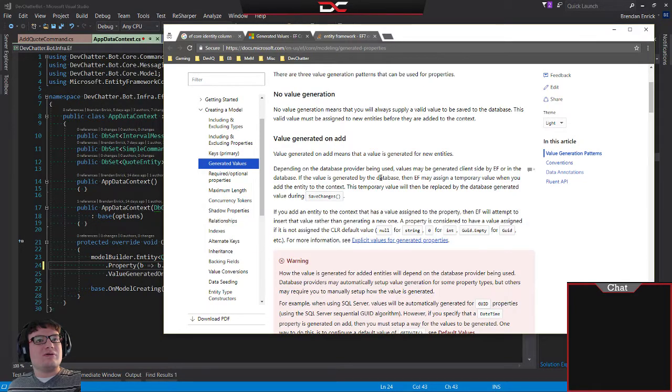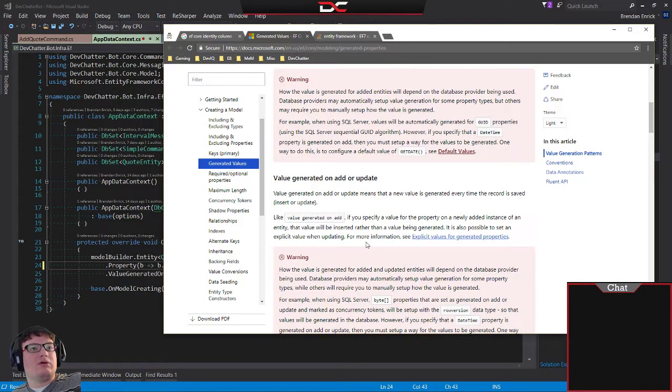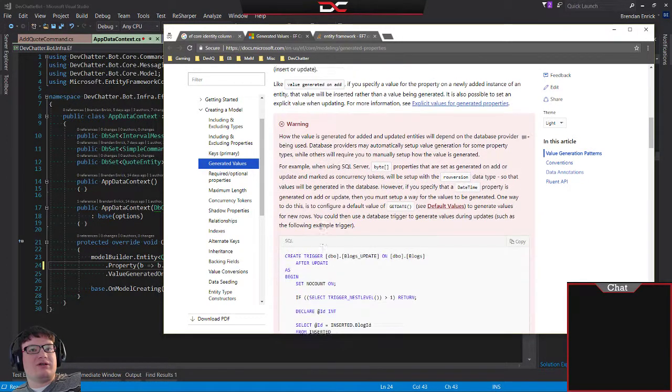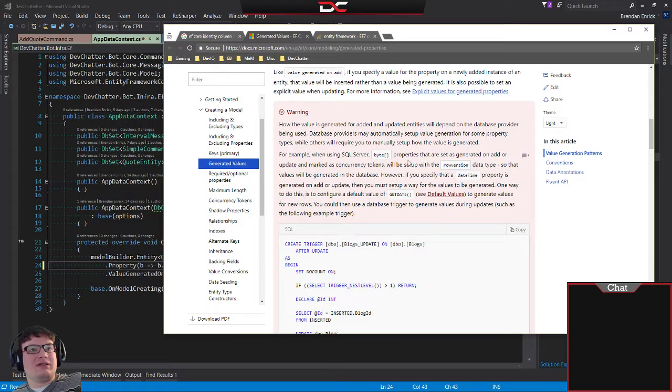Value replaced by the database during a save changes operation. If you add an entity to the context that has a value assigned, the property will attempt to insert the value rather than generate one. A property is considered to have a value assigned if it is not assigned to the default. Yeah, so values generated on add or update. Yeah, so